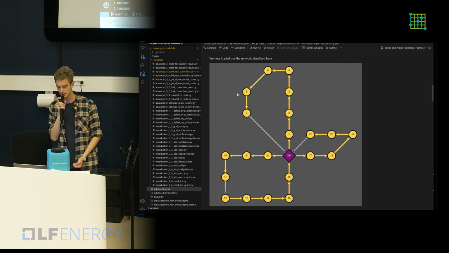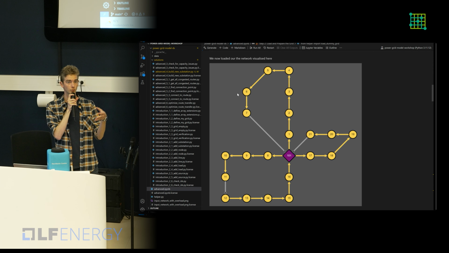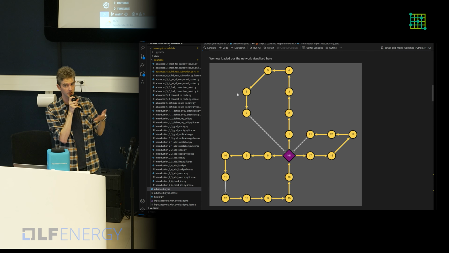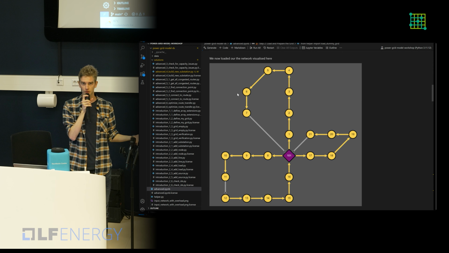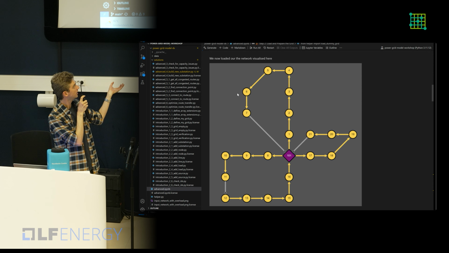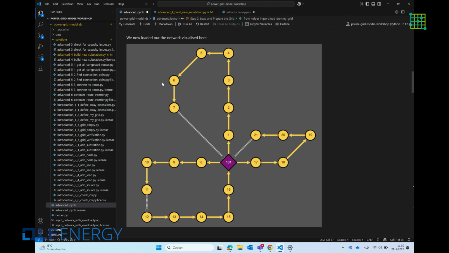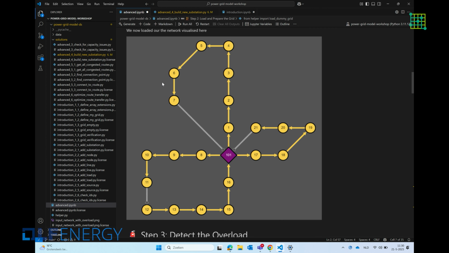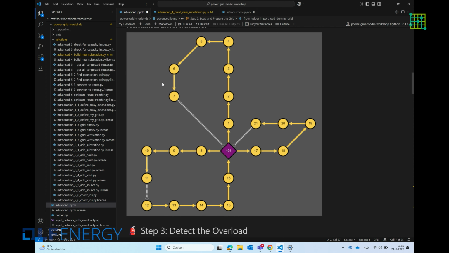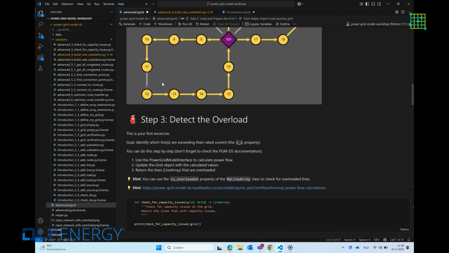So that means that the current only has one path to flow from the substation to a node. And only in case of a cable failure, we can actually activate these inactive lines to restore power. If you have questions about that, let me know. For now, we can see that we have a geographically distributed grid with 4 feeders.